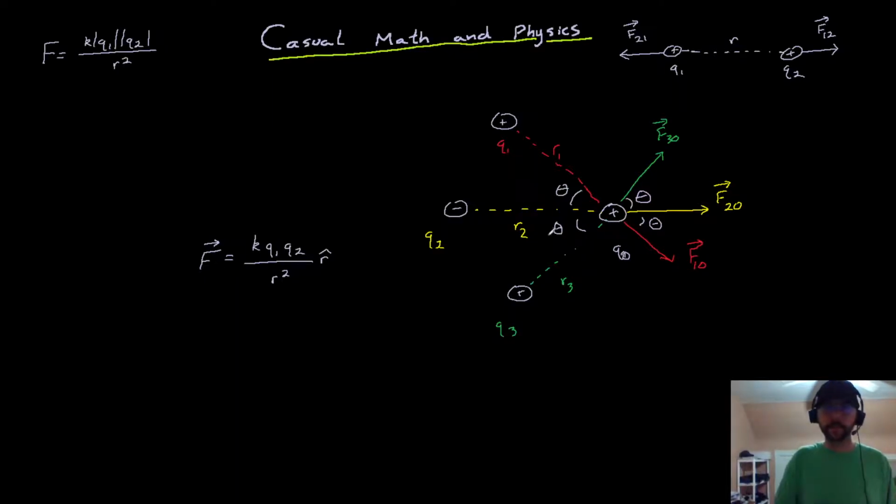And oh, I drew this force in the wrong direction. Whoops. Well, whatever. We'll just make this a positive charge. It's going to be easier than redrawing the picture. So let's say this was a positive charge. I accidentally drew the force in the wrong direction there. Positive, positive, positive. So let's say they're all protons. And all right, so now what happens is